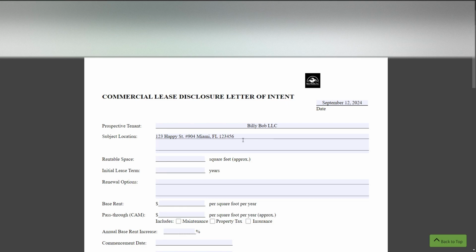I know it sounds ridiculous, but I've seen it happen with a lot of realtors. I see it less in the commercial space, because usually if you're trying to get into commercial or practicing commercial real estate or anything outside of residential, you kind of have to know what you're doing a little bit or have someone to help guide you. But make sure you put the full city and state and zip code and the unit number. Don't leave any of that out. It sounds ridiculous, but I see realtors leave it out all the time. So make sure you put it there.